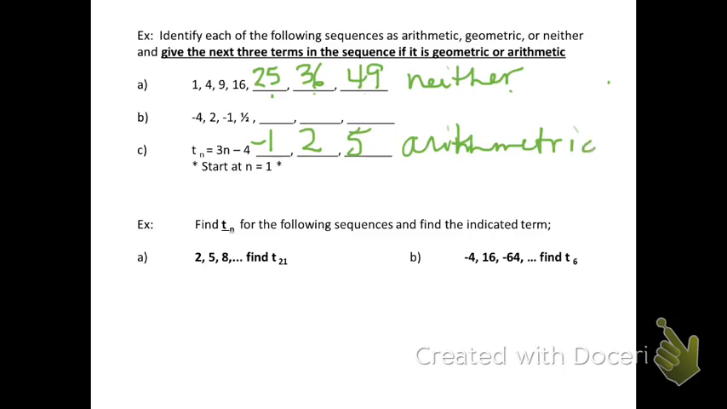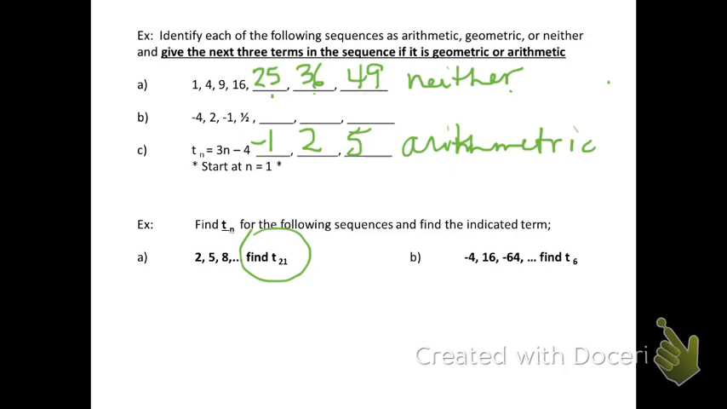Okay? The next example: find term Tn, or T subscript n, term n, for the following sequences, and find the indicated term. So for this one we're being asked to find the 21st term, but we first have to know if it's geometric or arithmetic. So we look at the first 3, and it looks like they're going up by 3, so that would be an arithmetic